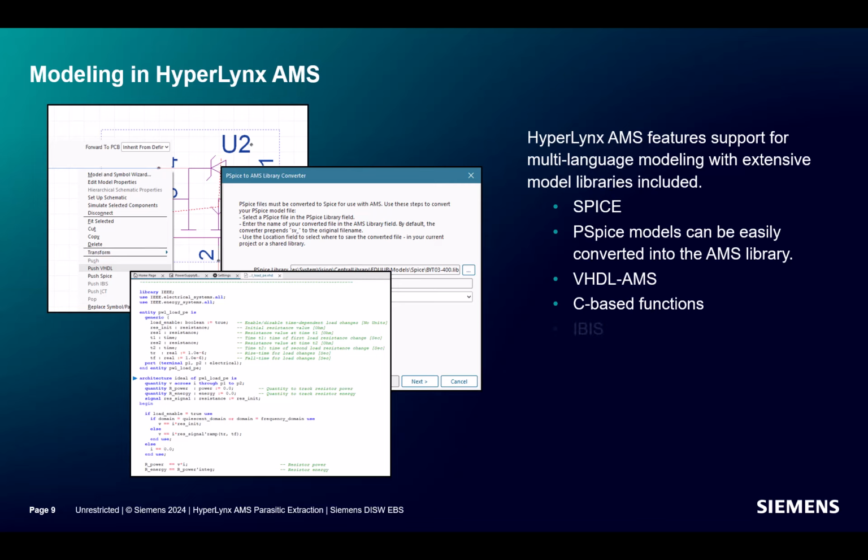Component manufacturers develop IBIS models so designers can include the analog effects of digital components in a design simulation without the manufacturer releasing important component IP. IBIS models can be added to design simulations in the AMS environment. Hyperlinks provides multiple methods and tools for creating models, which we will cover in the following slides.